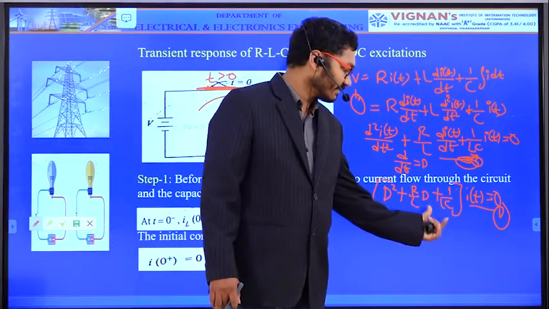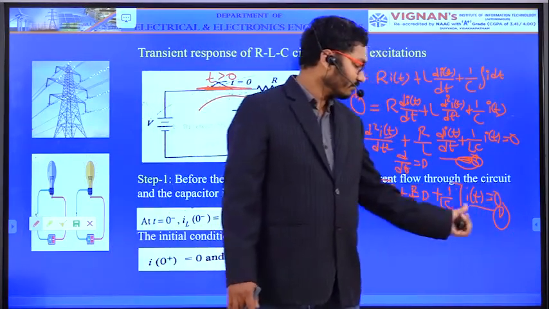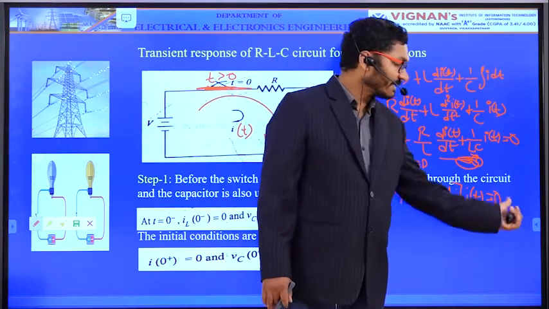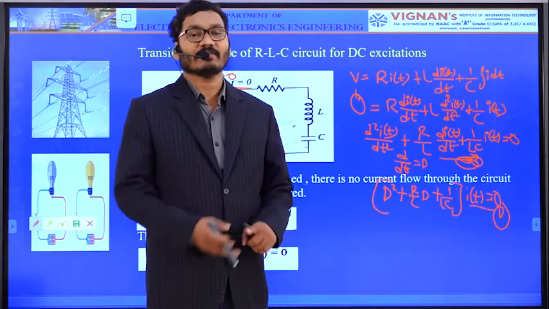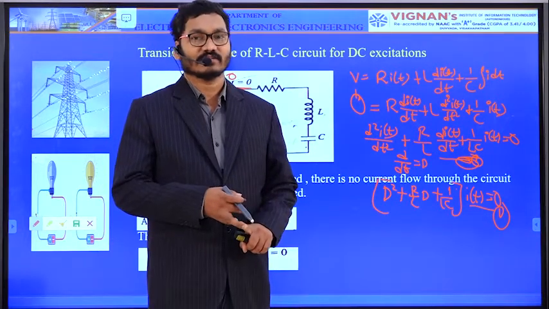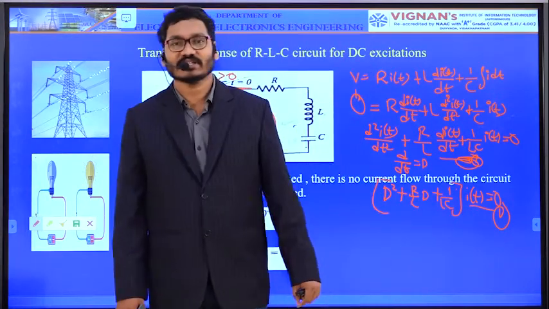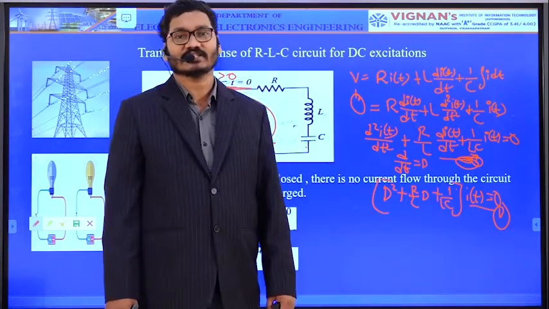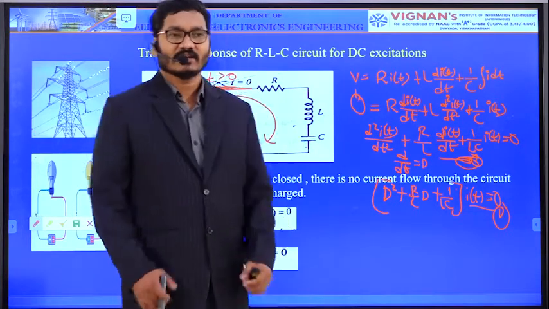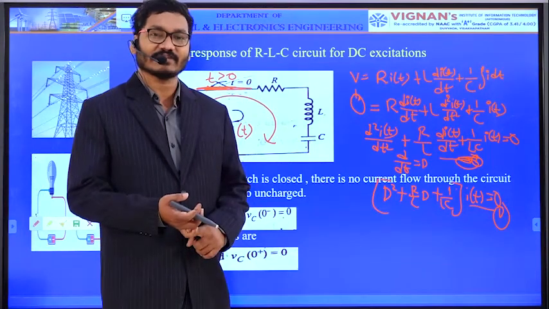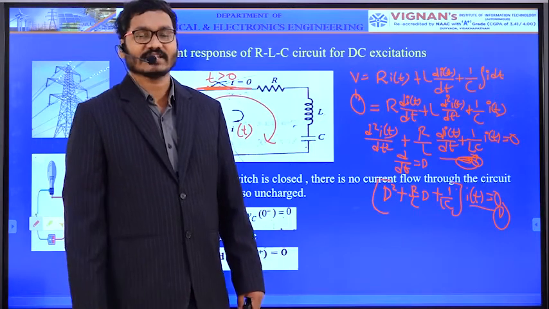You have to solve this equation. This side it is 0, so the particular term is 0, which means it will have only the complementary solution. This is a homogeneous equation. For a homogeneous equation the general solution equals the complementary solution, there is no particular solution. In electrical terms, it is only the transient solution. It doesn't have a steady state solution.